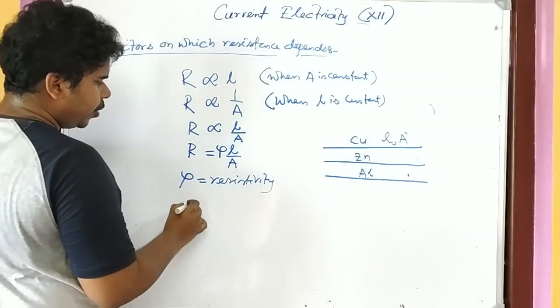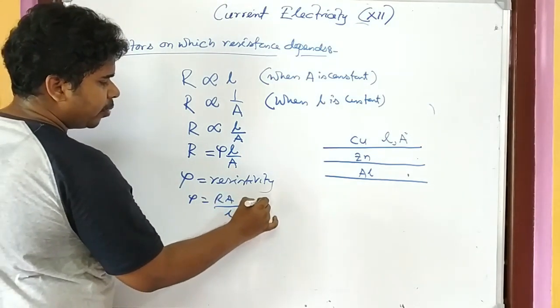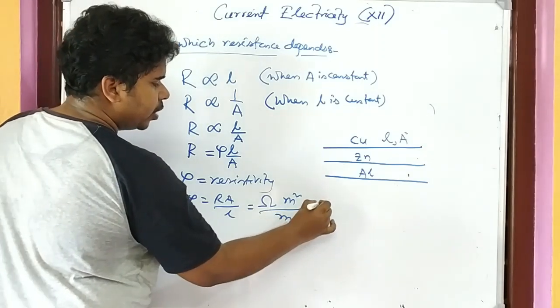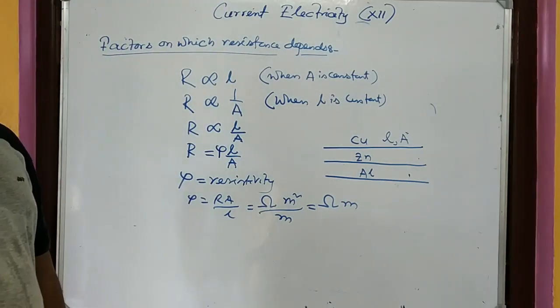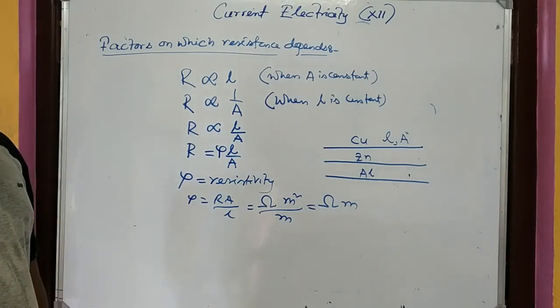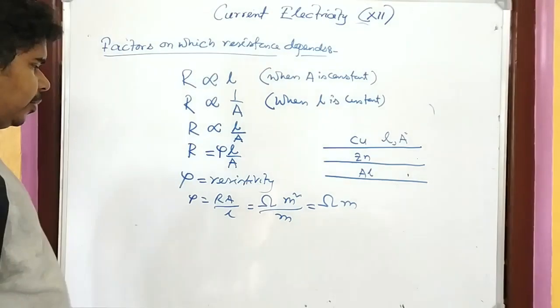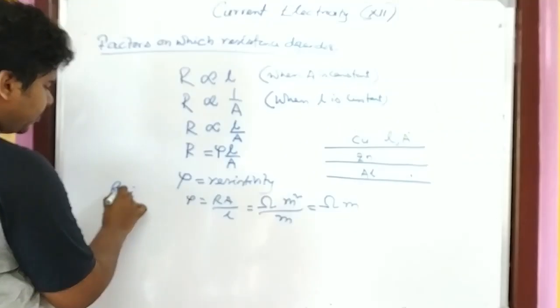Okay, and what is the unit of it? Rho equals RA by L. So R means ohm, A means meter square, and L is meter, so the unit is ohm meter. Up to this you have learned in the previous class. Now I will introduce a little more. This quantity is known as resistivity,